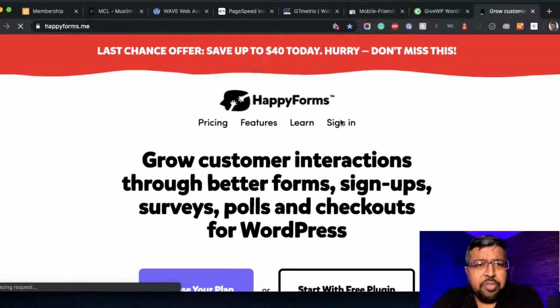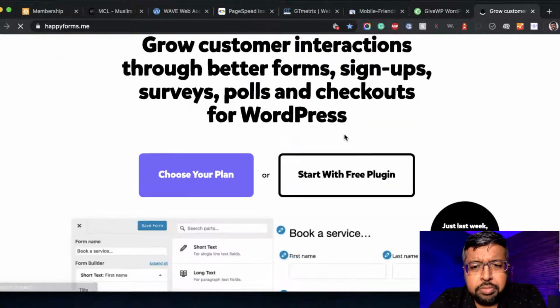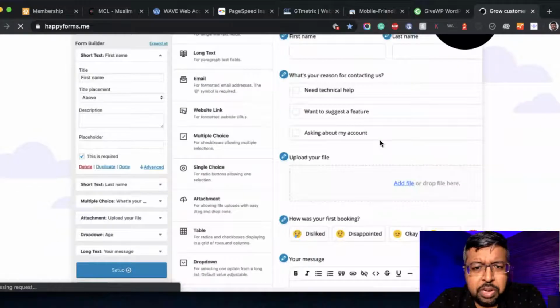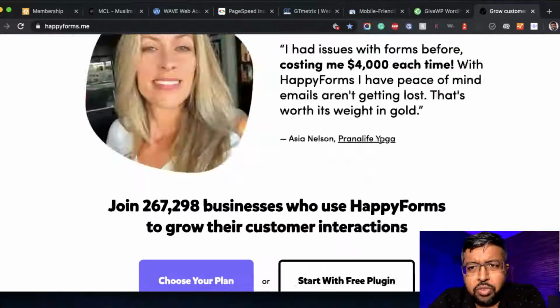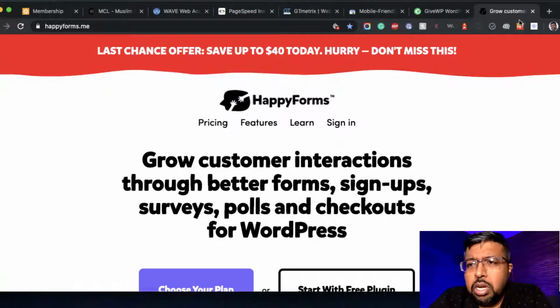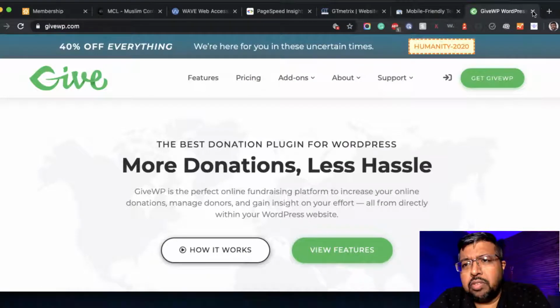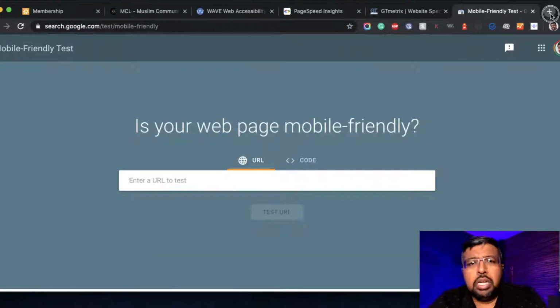So this is a Happy Form. They used to be 100% free, but now they're selling it. So that's another option you can check if you want to add a form. But when it comes to membership, there are tons of free and premium membership